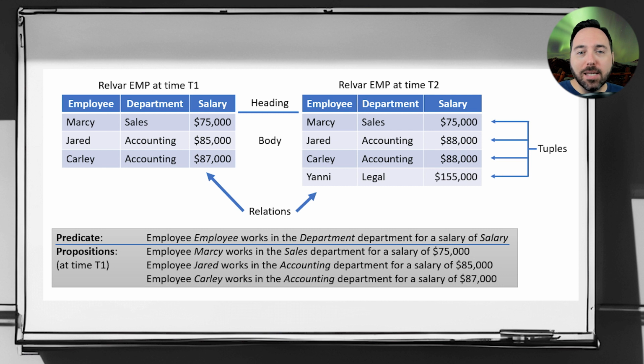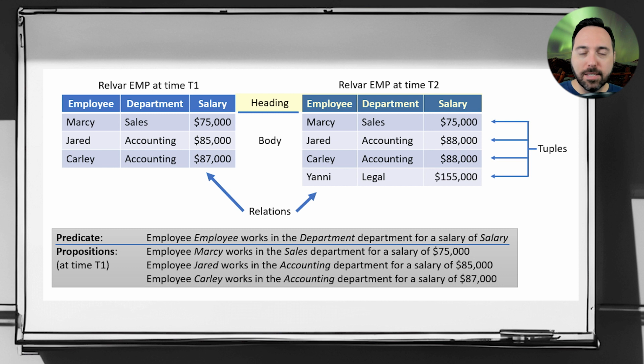By the way, this concept of relations is why we call these databases relational databases. It has nothing to do with joining tables together. It's that the database is made up of relations like these. Also, like Date, I'm going to use the term relation for relation value. That's why the diagram mentions relations instead of relation values. So if I say relation, it means relation value. If I say relvar, it means relation variable. Now, each relation has 2 major components, a heading and a body.